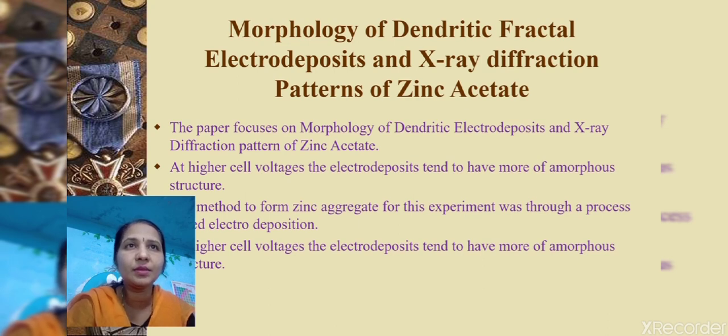For this work, to determine the effects of voltage and concentration of zinc acetate solution on the fractal dimensions of zinc aggregate created through a form of electrodeposition that is called diffusion limited aggregation. A fractal is anything that is self-similar, which means the only structural differential between an object and its component is scale. Fractal dimension is a measure of the complexity or self-similarity of an object. The way zinc aggregate formed for this experiment was through a process called electrodeposition.